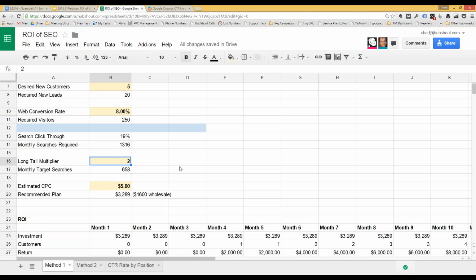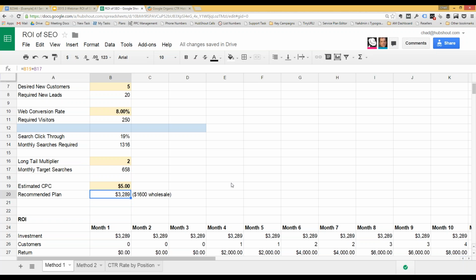So what that means, again, if you go into Webmaster Tools, you'll see this. For every Orlando plumber, there's going to be some 2 or 3 or 4 word term that you never really planned on targeting as a keyword that happened to come in just because your website ranked on Orlando plumber. So the reason the 658 is important is because it's 1,316 divided by 2. And then, in order to hit this client's goal, we need to go into our keyword planner and find 658 what I would call head terms for this business. And we made the assumption that the average CPC is $5. And the 658 times 5